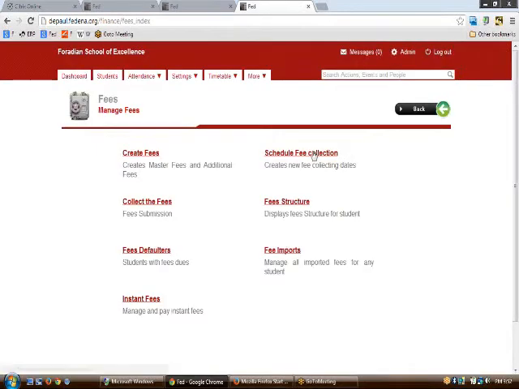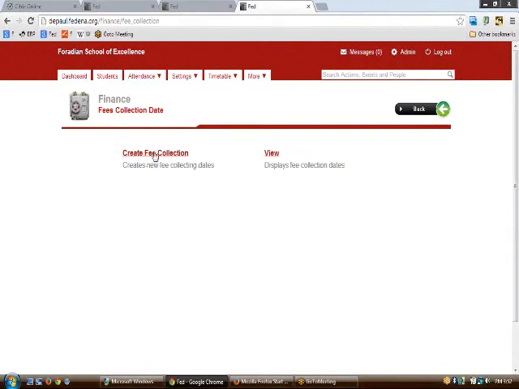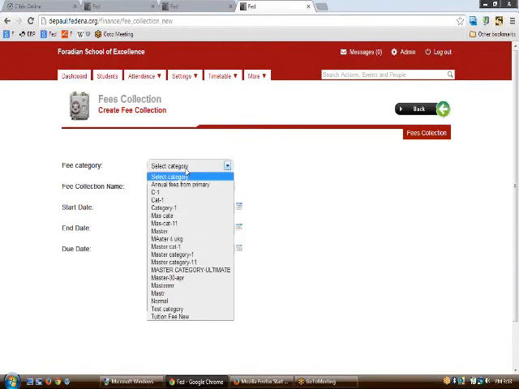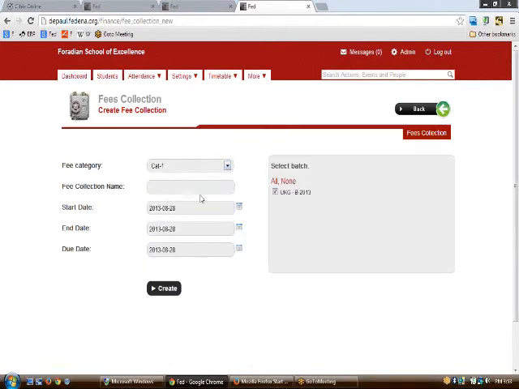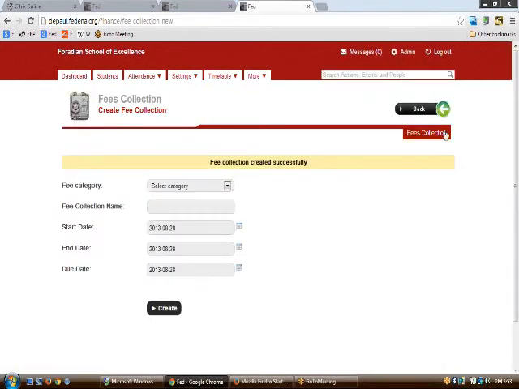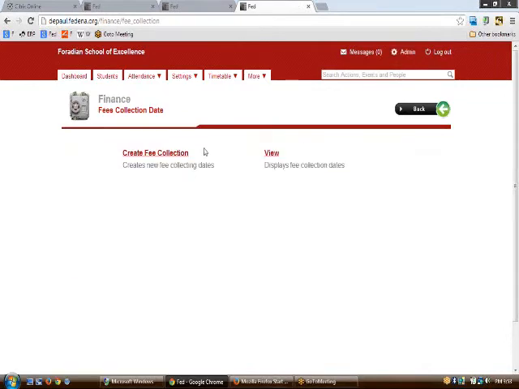The next thing is to create fee collection dates for the master category that you have created now. To create a fee collection date, you can go to the fee collection and click create fee collection from here and select the category. Category 1 is the one that you need to create, and click upon this particular link here. Name the category as category 1, or this fee collection date can also be renamed at a later period.